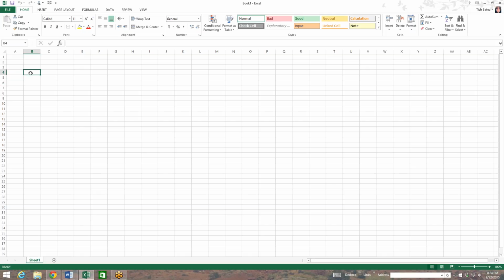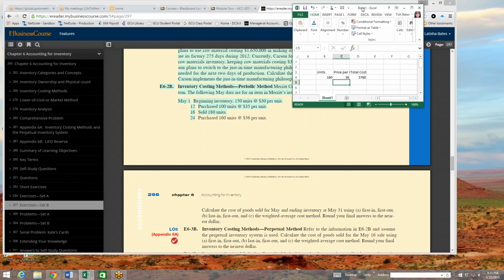So basically what you would do is say, okay, I've got 160 units, and the price per unit, and then what is your total cost on that? So 160 units at $36 a unit. Use your formulas to calculate, so you're going to take that times that, and that gives you your total cost, right? So in this case, according to the book,